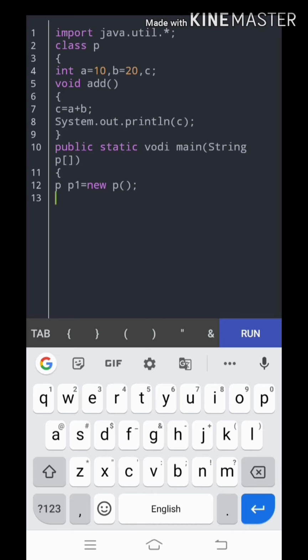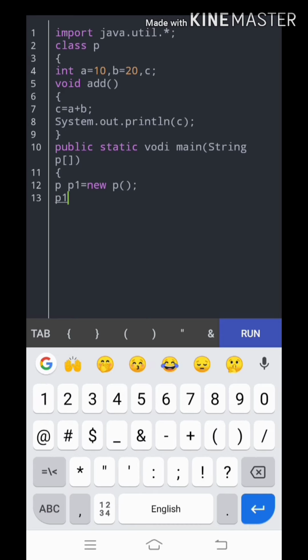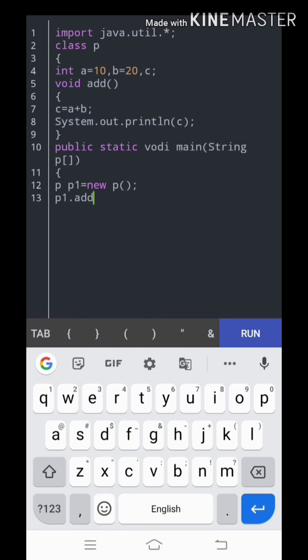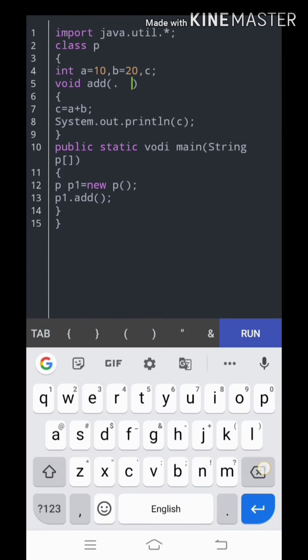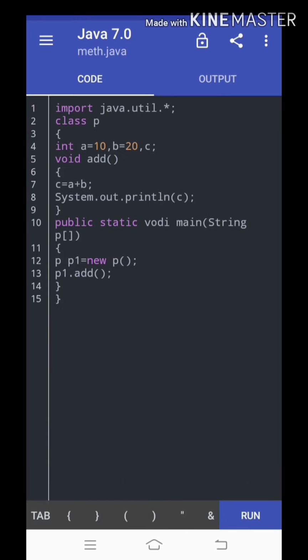For calling this we need to take the instance of the class, that is the object p1 dot add function, semicolon, and I am going to close the main function and close the class. So in this way we declare a method with no parameters, meaning all the parameters are empty. Now I am going to run this program and let's check the output.